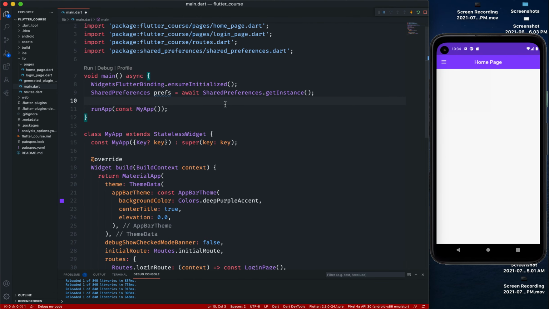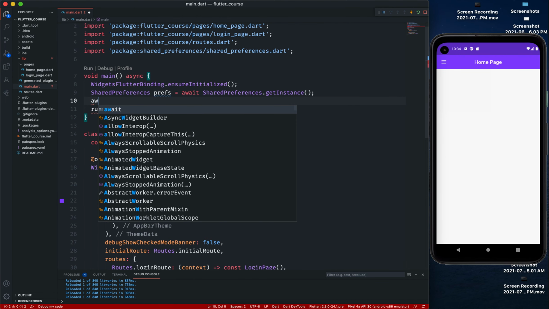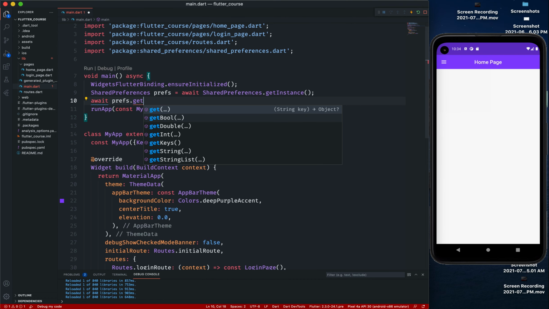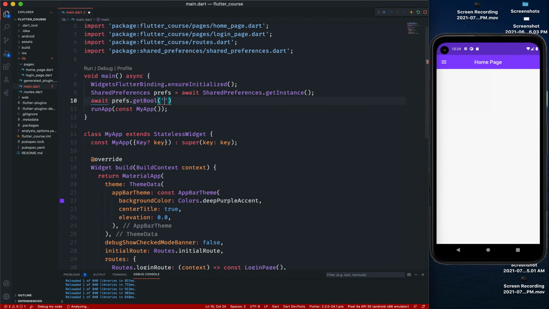Okay, then we will say await prefs.get boolean is logged in. Then I'm gonna set this to be a bool. It's gonna be is logged in is equal to